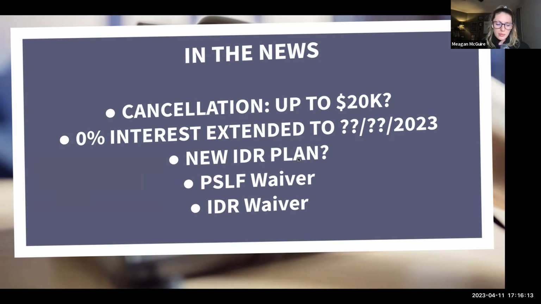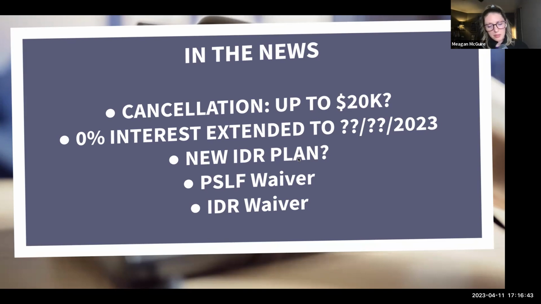So the new REPAYE, what does that look like? If it's implemented, it would make payments a little bit less than the existing income-driven plans that we have today, for a couple different reasons. I'll touch on that when we get to the income-driven plans, that way we're just in that same headspace. But in general, it'll make the payments a little bit cheaper. It'll also have a 100% interest subsidy, which is a really big deal.